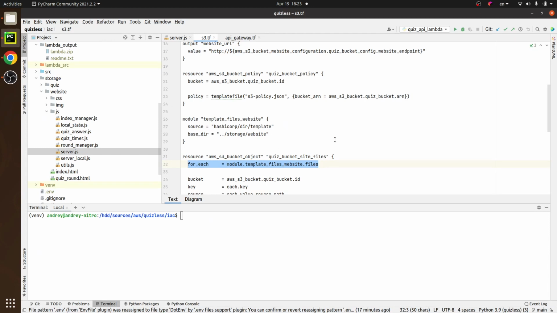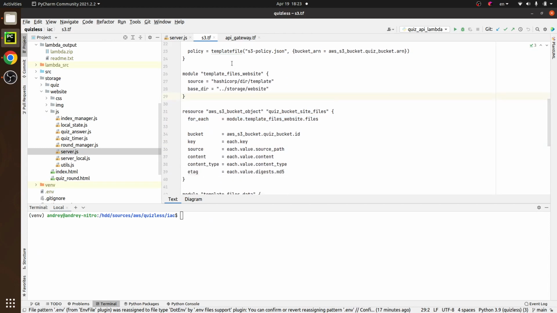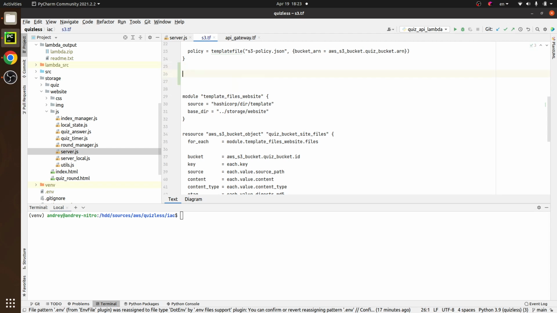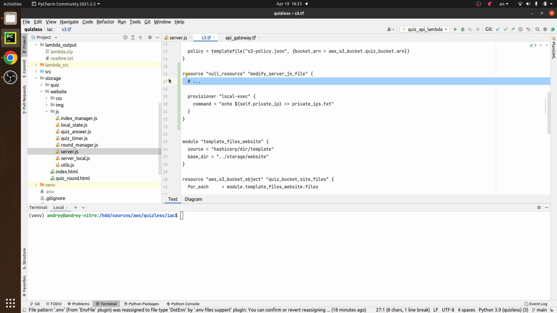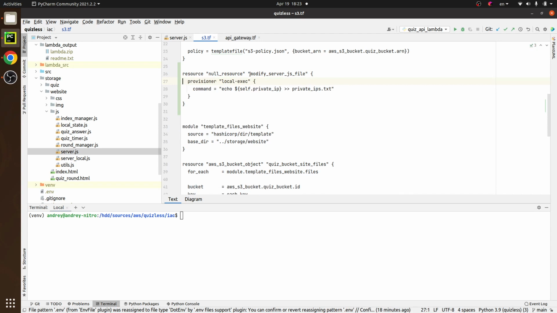Again, for the website, I will create this null resource. And of course, the name is different. What it does, it modifies the, let's say, server.js file. And the provisioner will execute a command, and the command would start from sed,